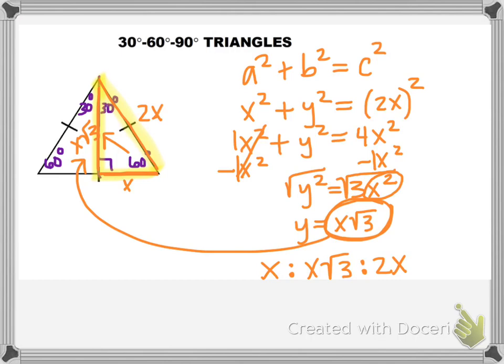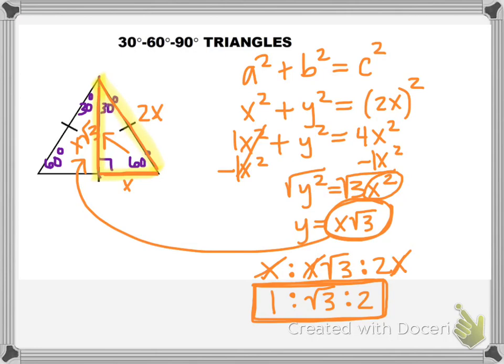All three of these expressions have an x. If I divide them all by x, I'm going to get 1. I'm going to get 1 times square root of 3, or square root of 3. And then I'm going to get 2. This is the ratio of the three sides of a 30, 60, 90 triangle from smallest to largest. So we're going to use that now to go ahead and find some missing sides of other special right triangles